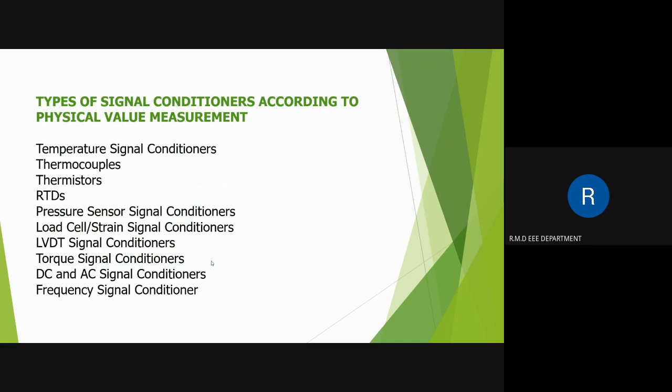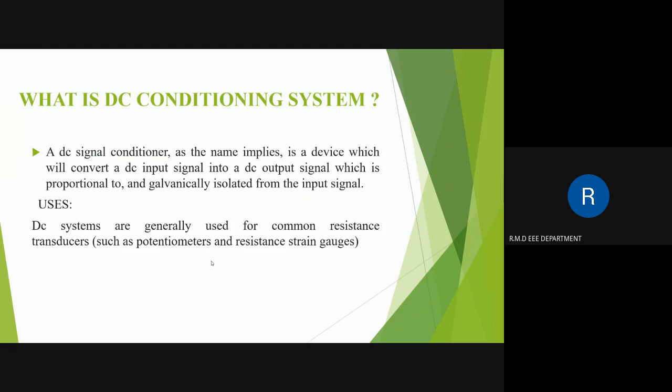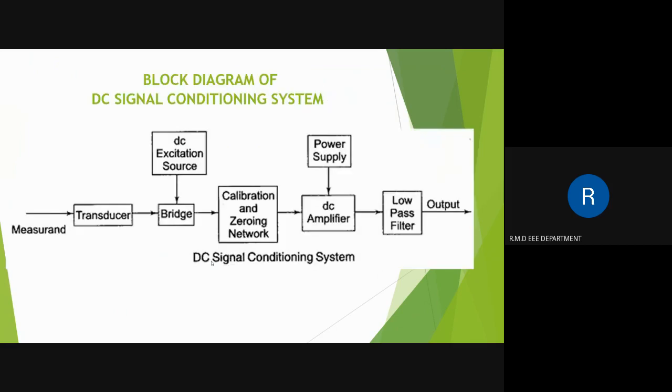And now the types of signal conditioning depending upon the excitation source, that is the DC signal conditioning and AC signal conditioning. So first you will see what DC conditioning systems are. In a DC signal conditioner, the device converts the DC input signal into a DC output signal, and it is proportional to the input signal with galvanic isolation. In these DC conditioning systems, the DC systems are mainly used in potentiometers and resistance strain gauges, and this is the block diagram of the